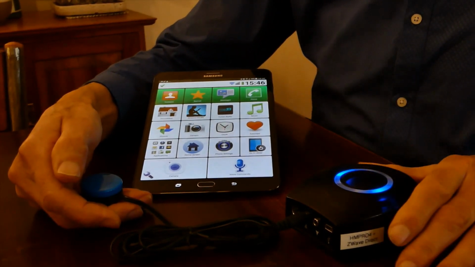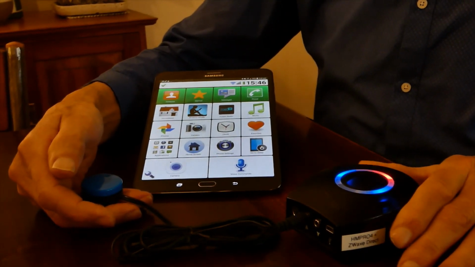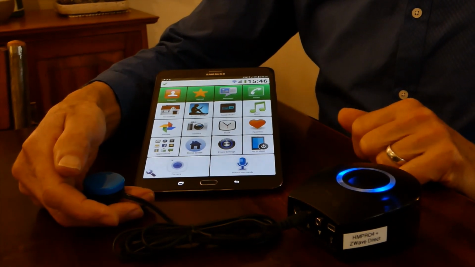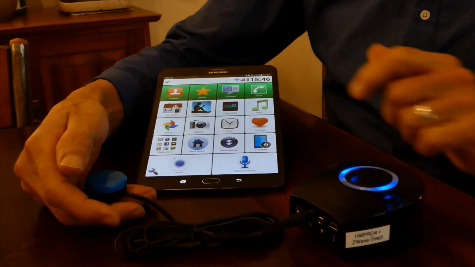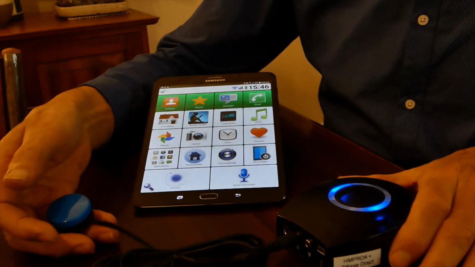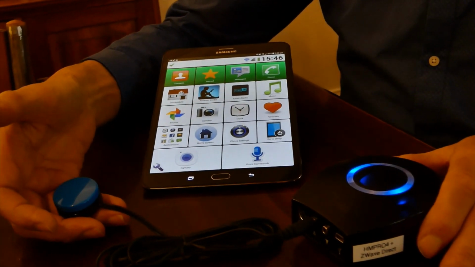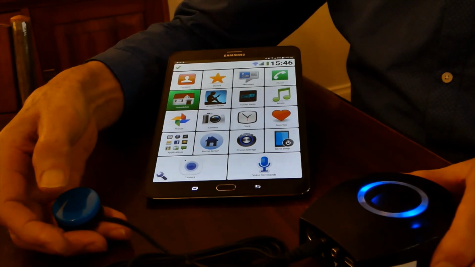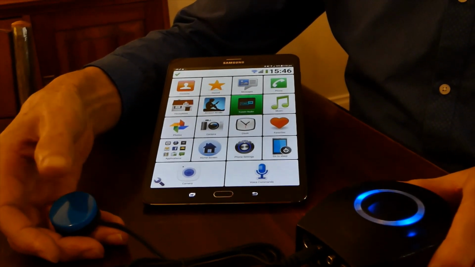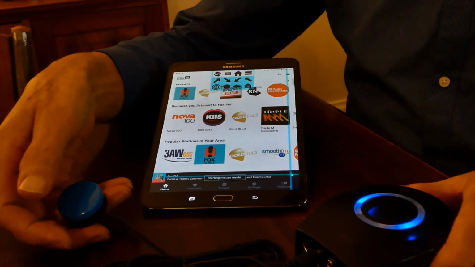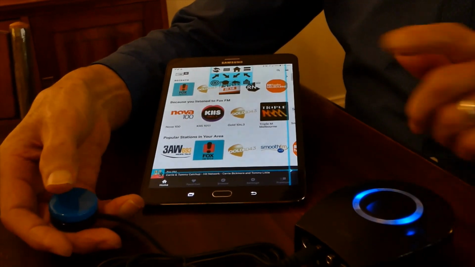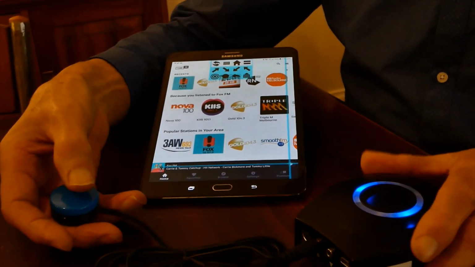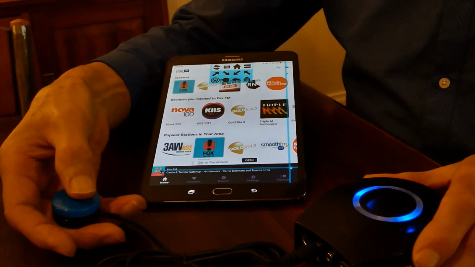Now, I don't actually have an intercom on this phone, but I was looking for a way to more easily control the TuneIn radio app for listening to online radio. I'll show you how the normal operation is. So if I scroll to the TuneIn radio app, now normally you'd have to use the on-screen mouse if you wanted to, for example,